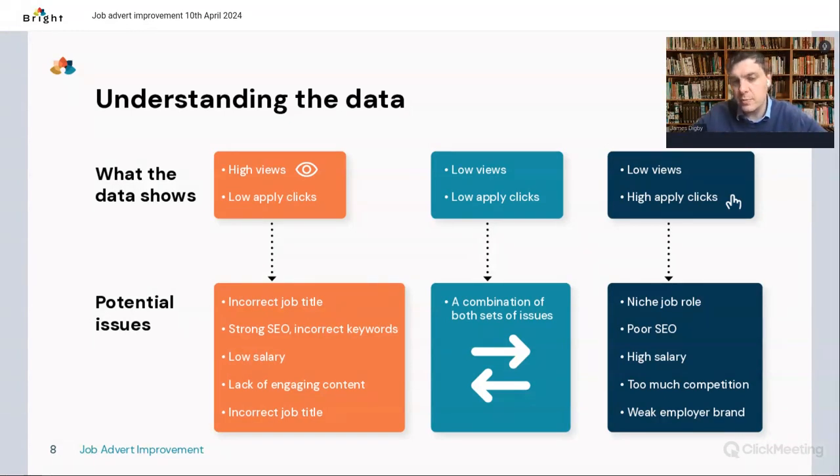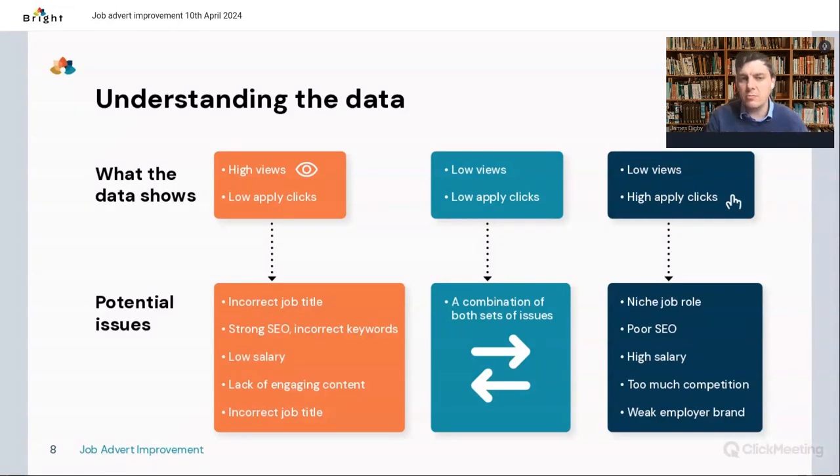So you have a low number of views, but because it is niche and because it doesn't match what they're searching for, you're going to get a high number of apply clicks, because you're going to convert a good number of the people that view that job advert into an applicant. In terms of the SEO, it's always going to be